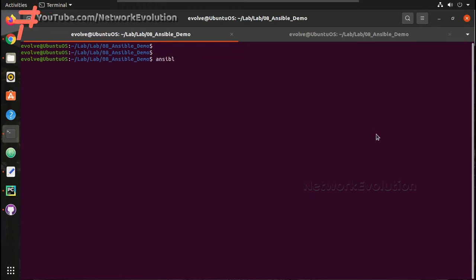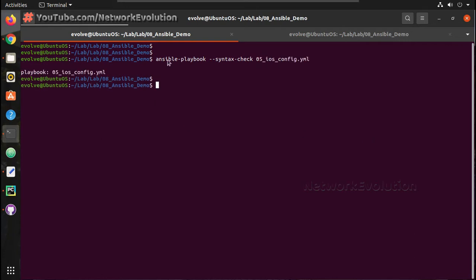First we'll check the syntax. Syntax looks good, so we'll try executing the playbook, 05 ios config.